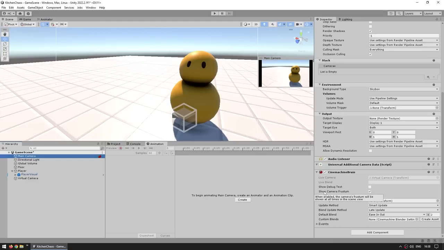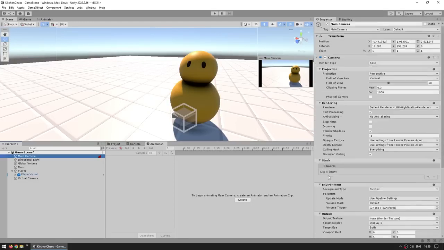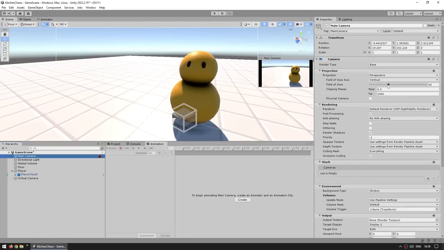So now that we're using Cinemachine, if we try modifying the main camera game object, so for example over here, if I try to drag the field of view, nope, does not work, I cannot move it. If I try to move the position, nope, can't do it. If I try to rotate it, nope, that does not work. Like I said, when working with Cinemachine, the Cinemachine brain is what drives the main camera. So rather than modifying the things over here on the camera itself, what we need to do is change them